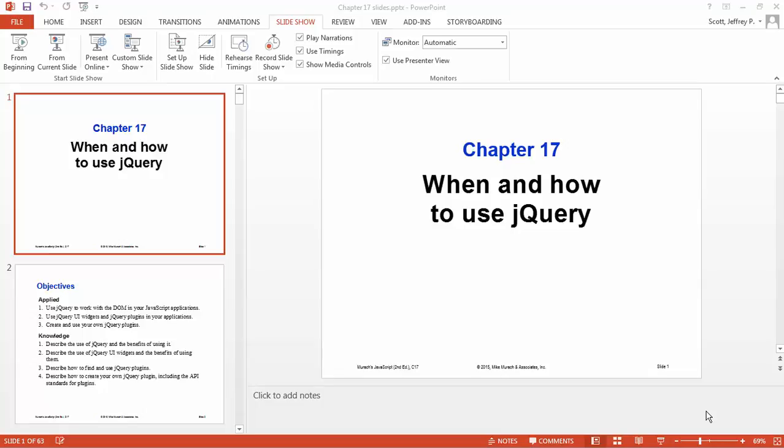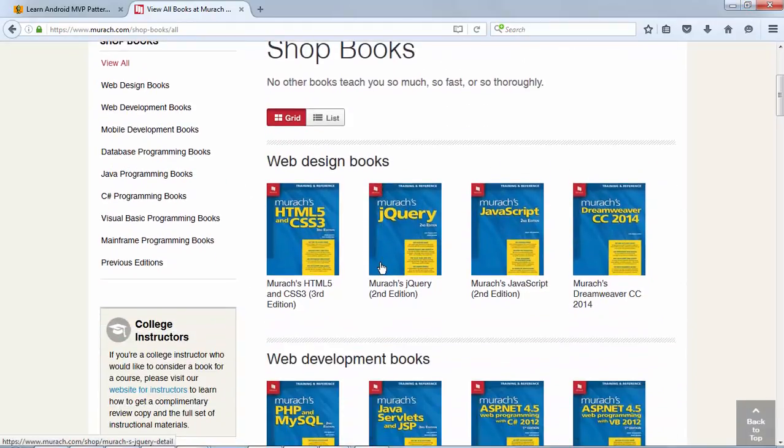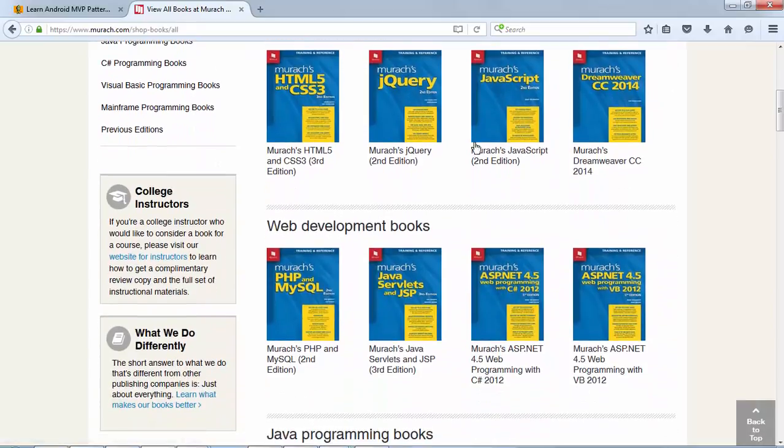I've been talking JavaScript with you using the Murach JavaScript second edition text. And I'm up to chapter 17, which is the last chapter of the book. But before I go into that, I wanted to show you something. And that is this. If I go out to the Murach site, you'll notice they have a book called